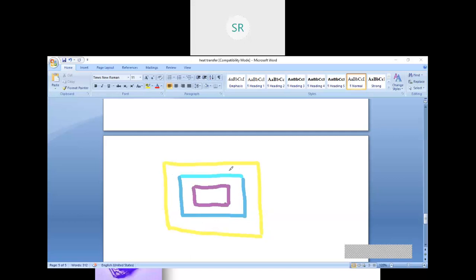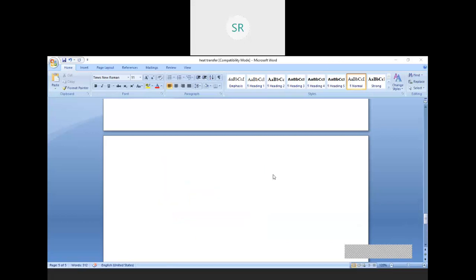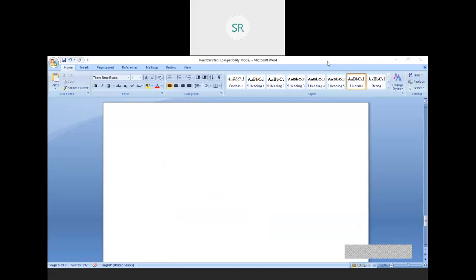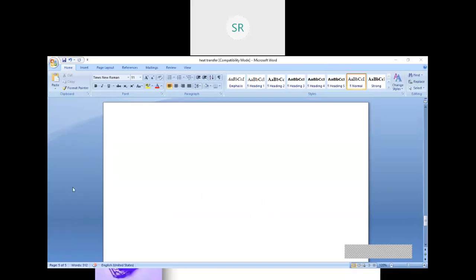Okay, so after putting it into the chemical solution, what will happen is this entire copper will be removed, and similarly whatever copper is here is removed, and whatever copper is here is removed. And finally what I'll get at the end is the outer layer like this, and the inner layer.